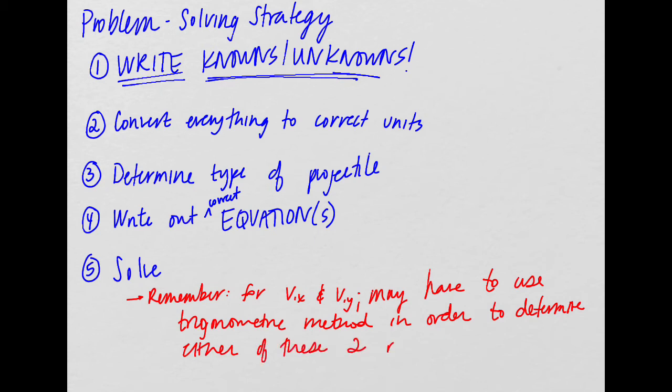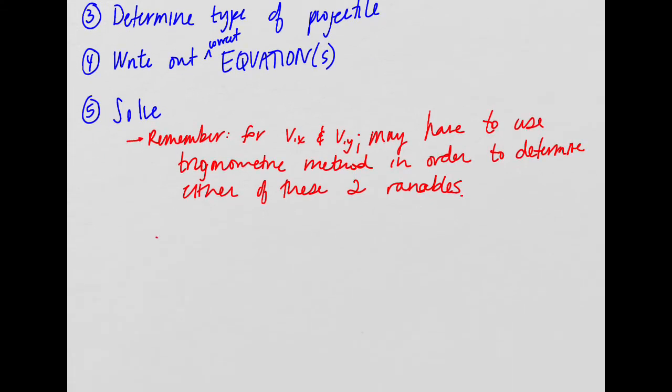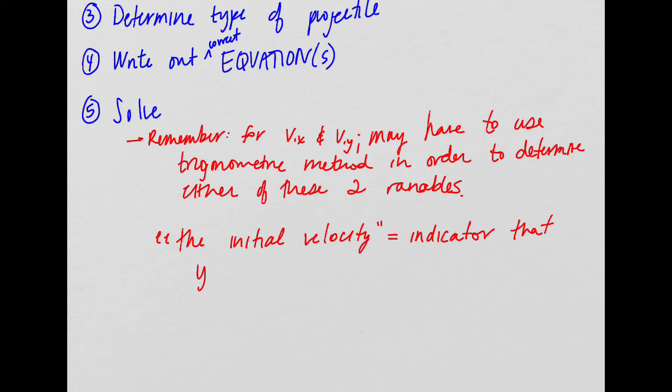So if I tell you the initial velocity, and I don't specify the initial horizontal velocity or the initial vertical velocity, if I just say the initial velocity without specification, meaning without initial horizontal or initial vertical, this is a very big indicator that you'll need to use the trigonometric method